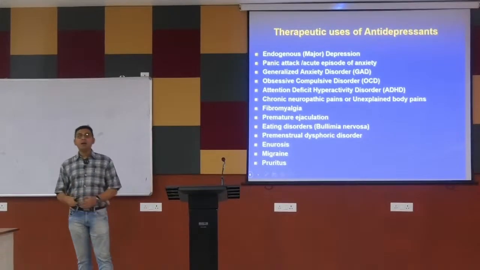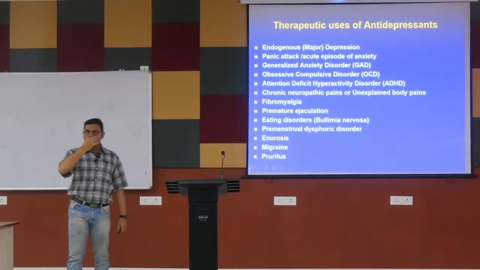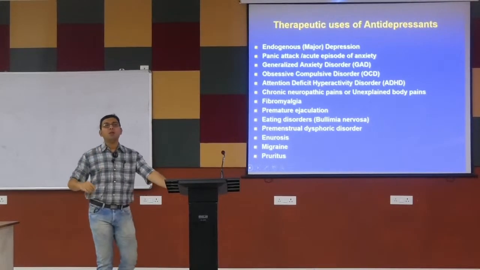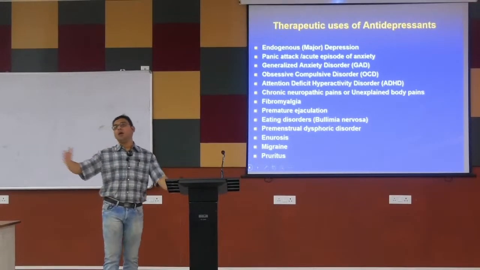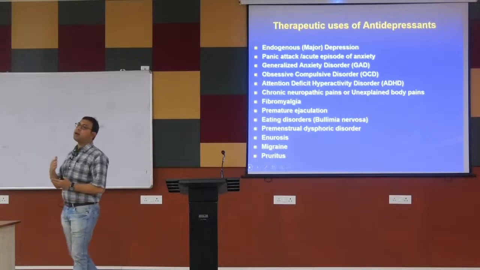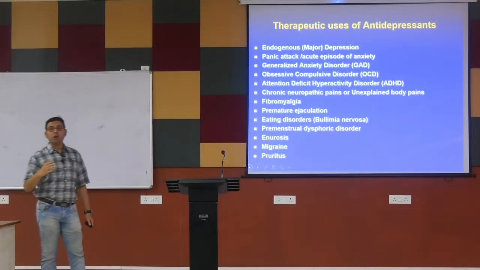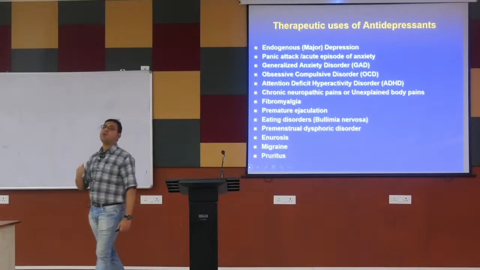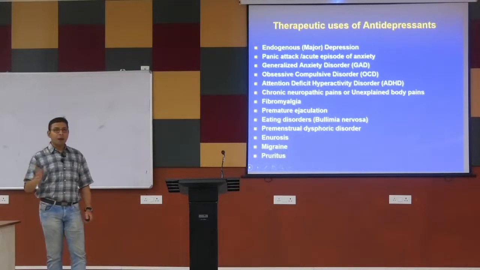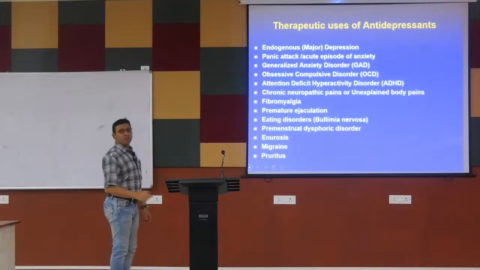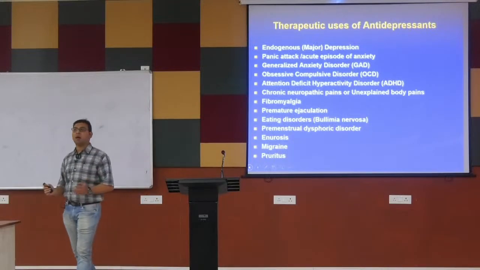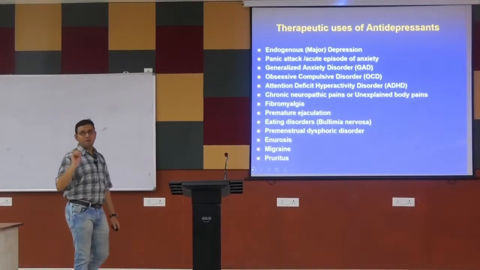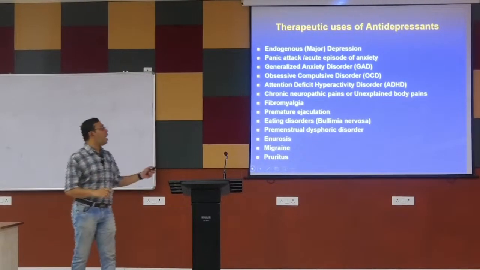Migraine. You have already read about migraine, probably, in autocoids. There may be acute migraine, chronic migraine. In some chronic migraine cases where migraine attacks occur repeatedly, if we continue with antidepressant drugs, there are some that will lead to decreased frequency of migraine attacks. So in migraine, they can be used. Pruritus: in some cases there is unexplained pruritus, with itching at various places. In those cases, also due to some neurotrophic factors, we can use the antidepressant drugs.